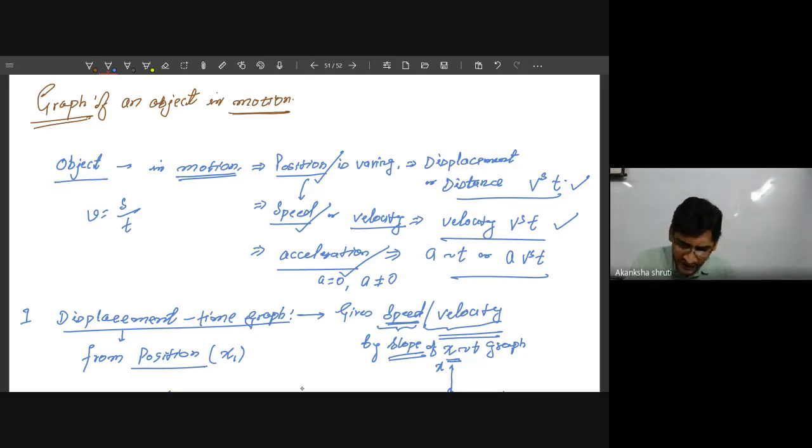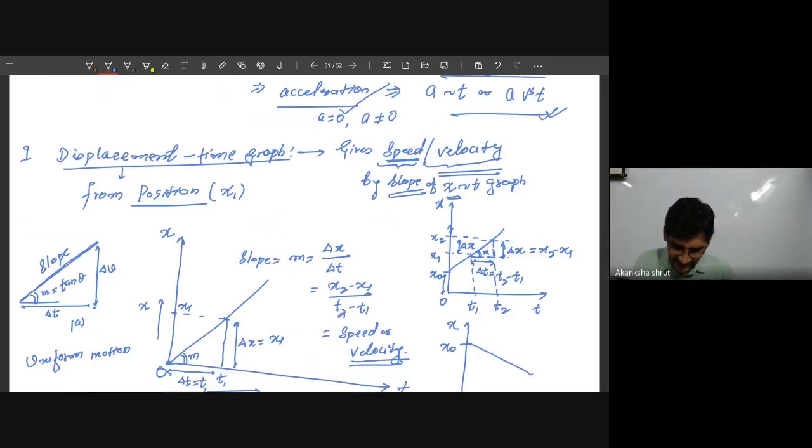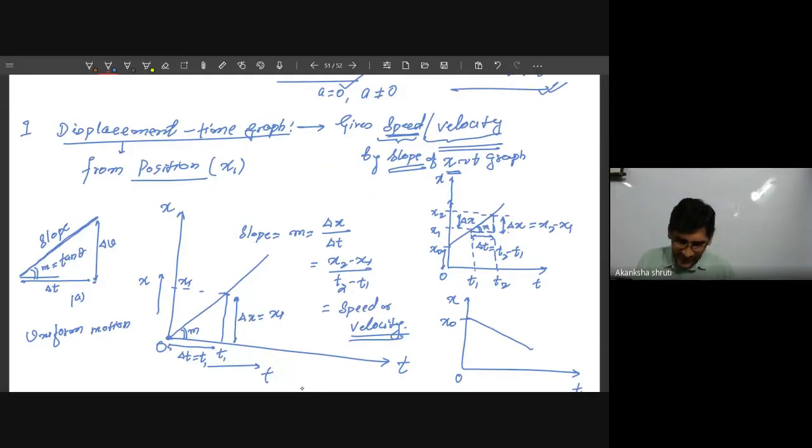So these are the three quantities which are associated with an object in motion. Therefore, we can plot these quantities. Plot with respect to what? Since these quantities are always calculated with respect to time, all these quantities we have to plot with respect to time only. Therefore, I can have a displacement time graph, a velocity time graph, and an acceleration time graph. So if the different positions or displacements are given, I can plot those points and draw this line. This way, the graph is plotted.